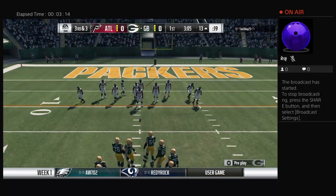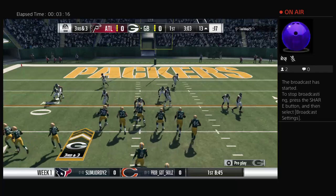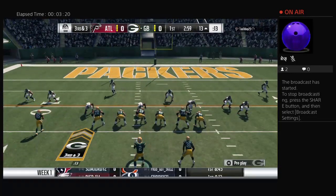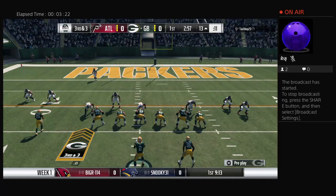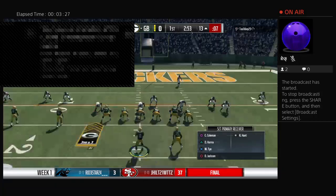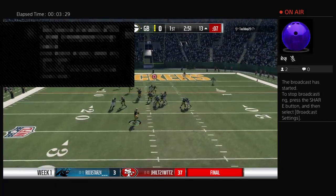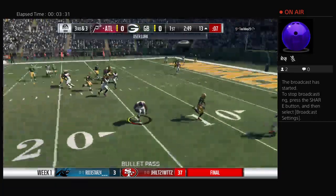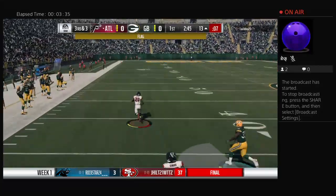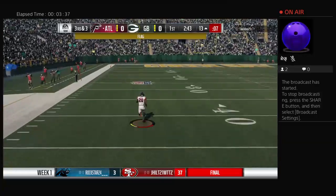And on 3rd and 3, they decided to go with a dime package. Yeah. 6 DBs. Yeah, you're right. They've got 6 out there. From the shotgun, Ryan trying to get it to Jackson, and it's intercepted. Picked off by Dayon Buchanan. And he's into the...